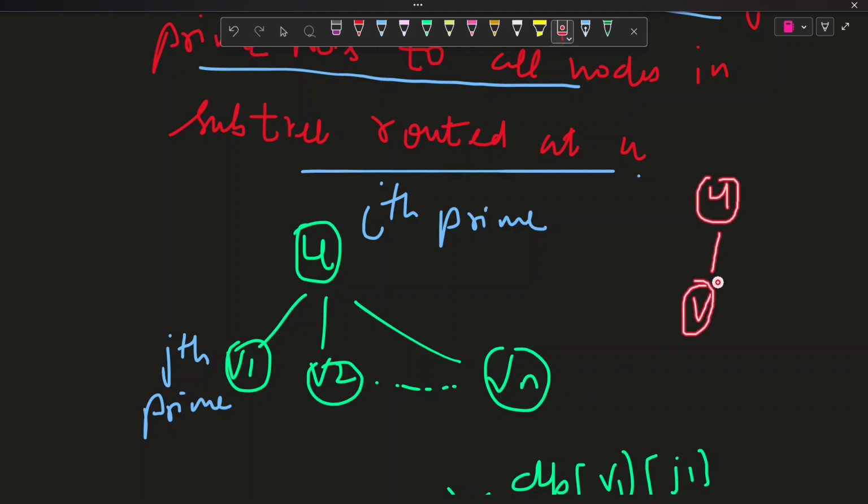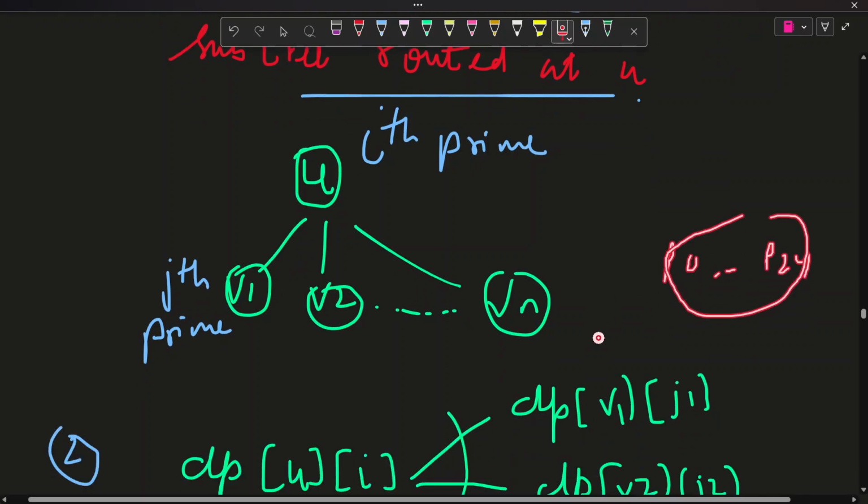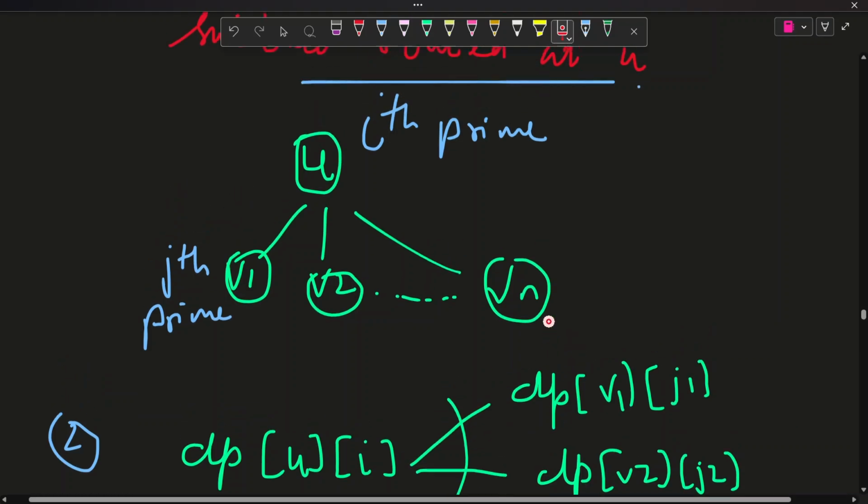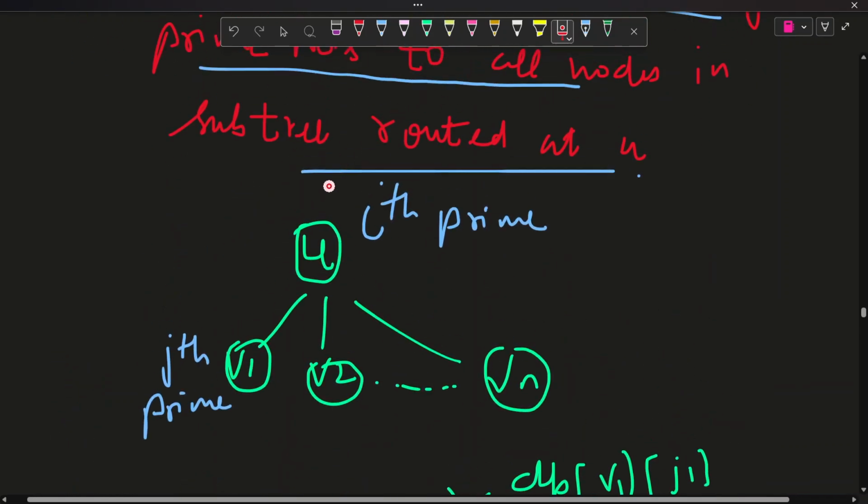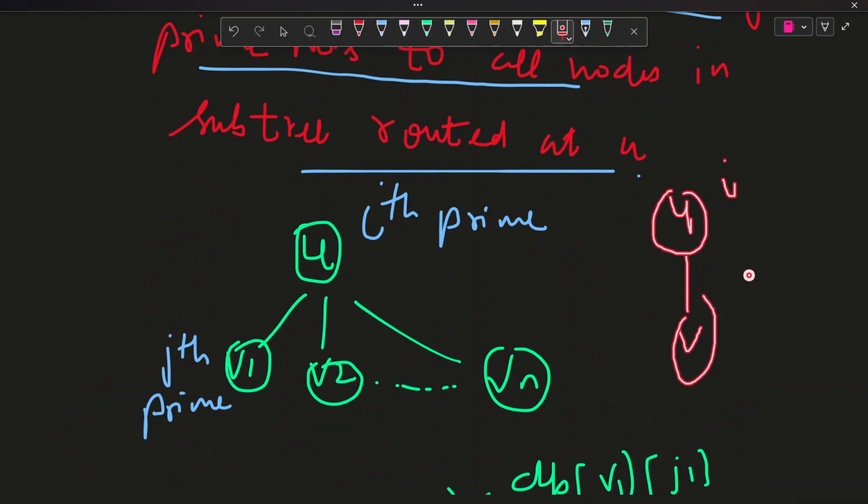Then for v, I can assign any prime number from p0 to p24, because there are 25 prime numbers from 2 to 100, right? So let's consider that this is the edge from u to v, and I have assigned u as prime pi and